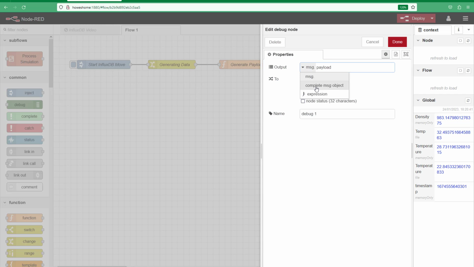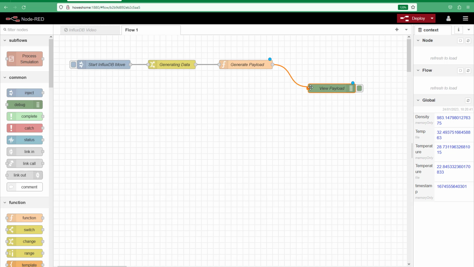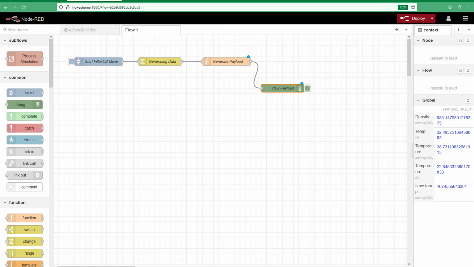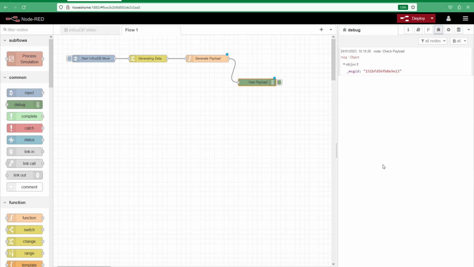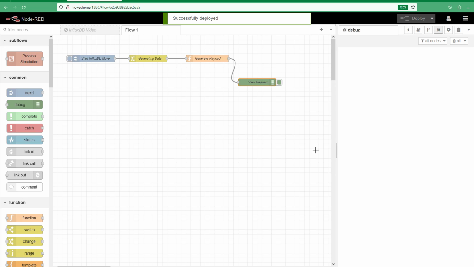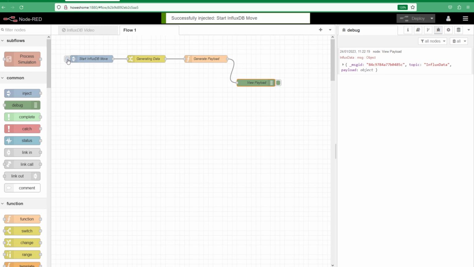We want the complete message. Okay, and then we'll link this. We make the screen a bit smaller, and then we'll drag this over and put debug on. So I'll just clear this for now, and we need to deploy that. So it looks like my code is relatively good, so I'm going to inject something in here now, and then